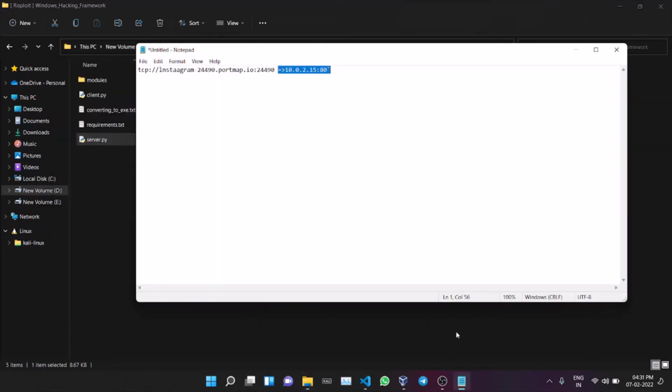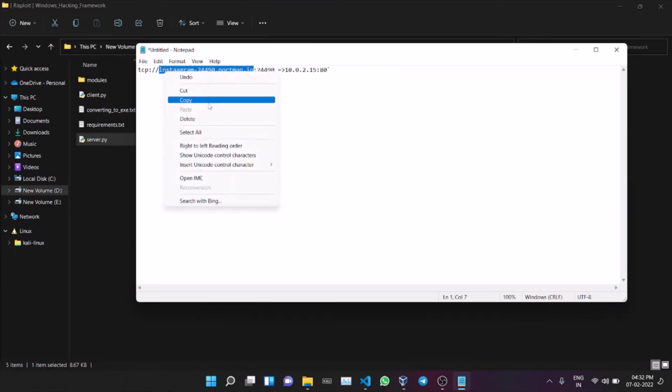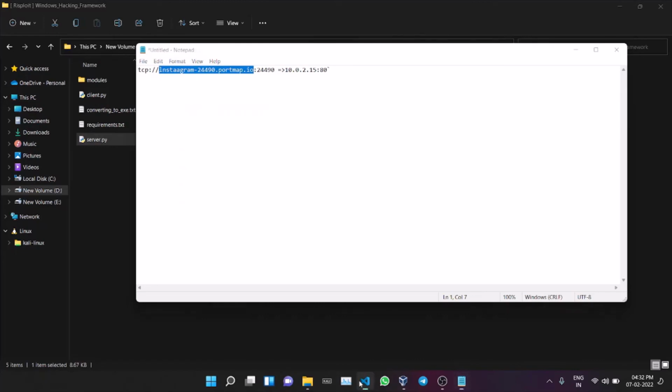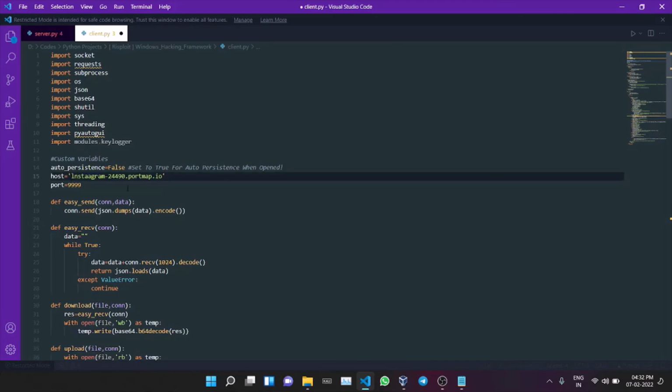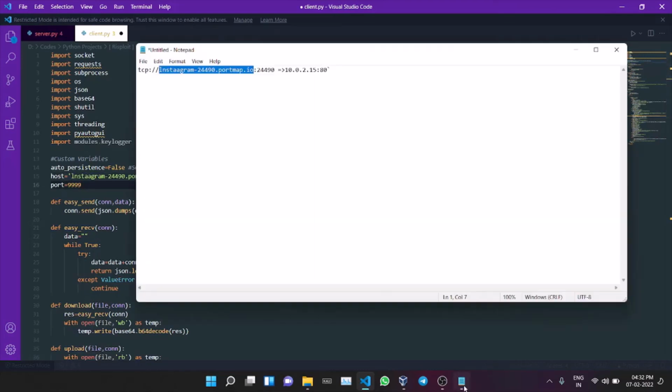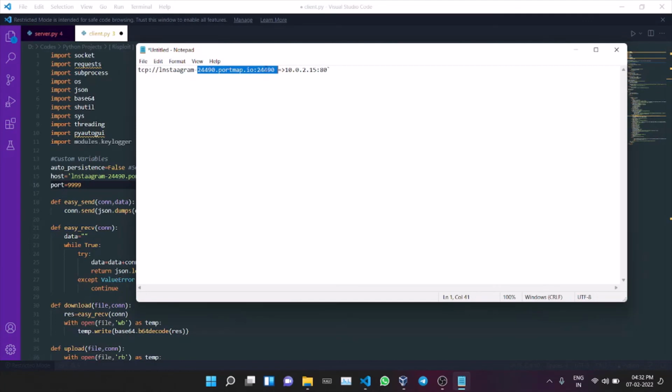Now what I'm going to do is implement this address inside our client. Our client is basically our payload. Let me copy this. Go here. In this client I will put this address, and in the port I will put this port.